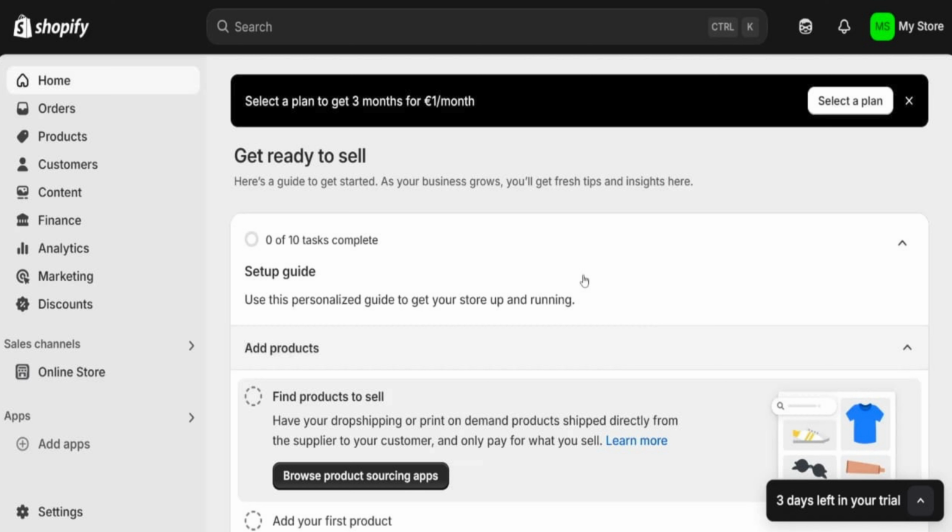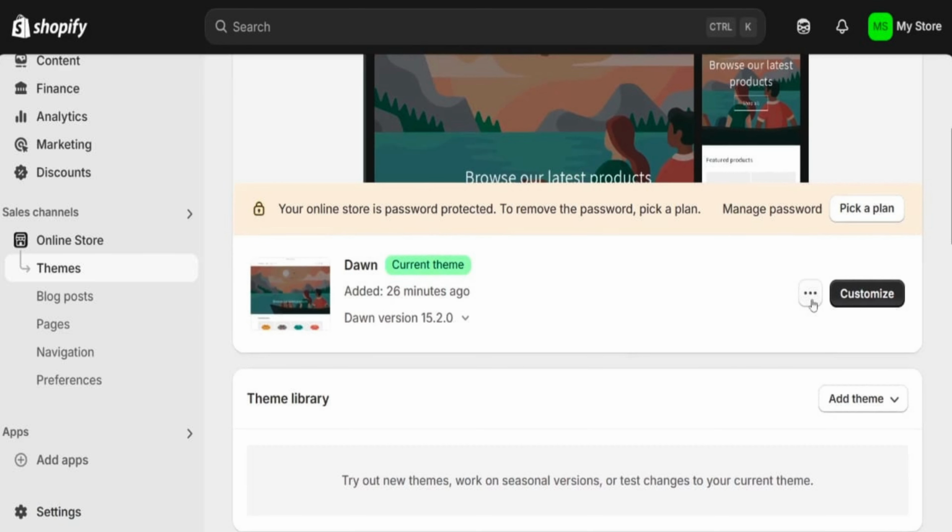Alright, so in this video I'm going to show you how to add a marquee effect or scrolling text effect on your Shopify store. It's super easy to do and I'll walk you through step by step, so just follow along. First, open up your Shopify store and from the left hand side menu, scroll all the way down until